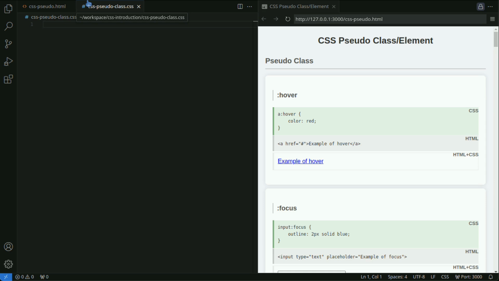Now, let's take a look at pseudo-classes. CSS pseudo-classes are functions that apply styles to elements based on specific conditions such as element states or hierarchy. They allow you to add special styles based on element states or positions, making it useful for representing dynamic situations that can't be specified by regular classes or IDs. Pseudo-classes make it easy to implement dynamic UIs and styling based on specific conditions, enabling design that responds to user interaction or content structure.